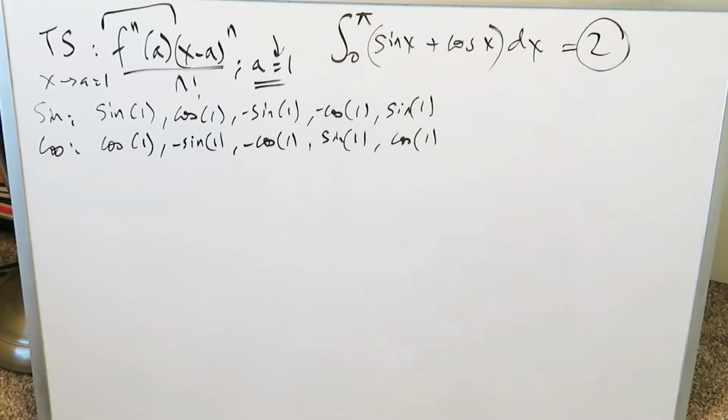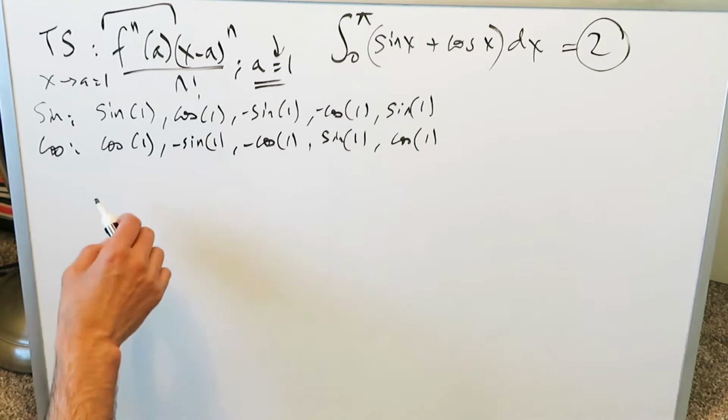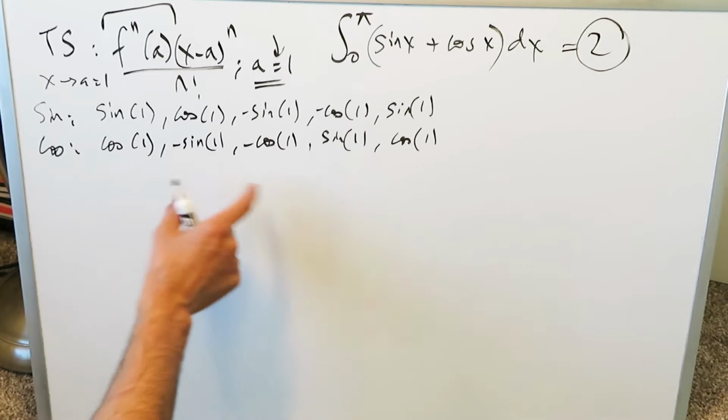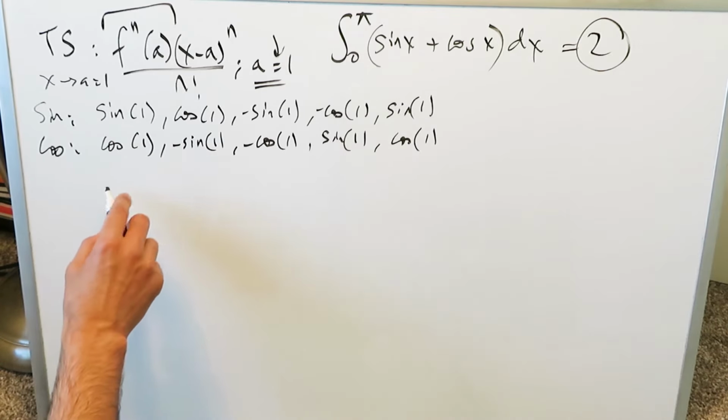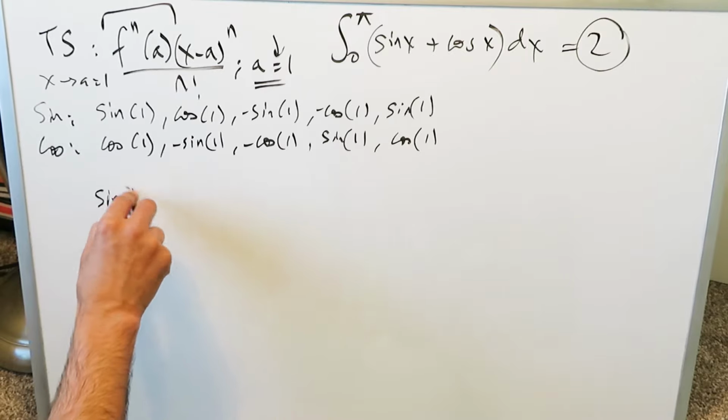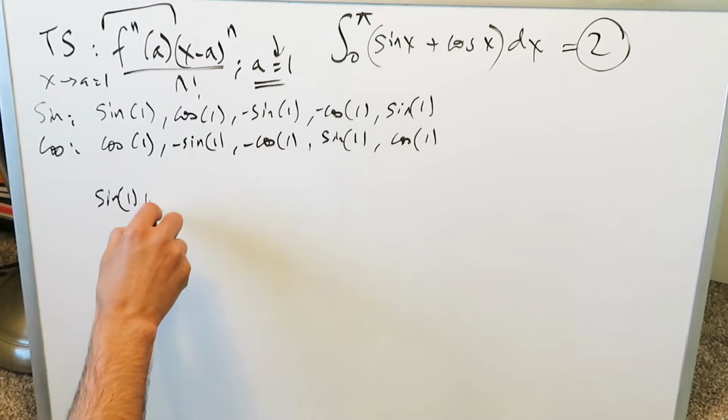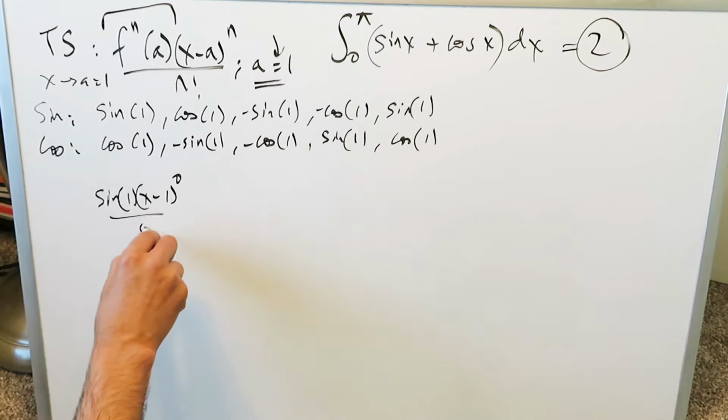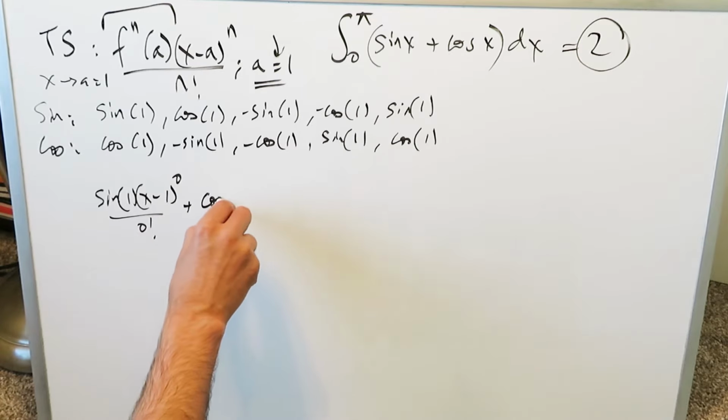That's what it is. Now all of these will come into your expansion formula, and each of these represents the part right over here. So how is everything going to play out? It's going to play out like this. Let's do the sine, and then we'll do the cosine, and we'll add them up. The sine ones will be the sine 1, and then you'll look right over here, x minus 1 to the power of 0 over 0 factorial,